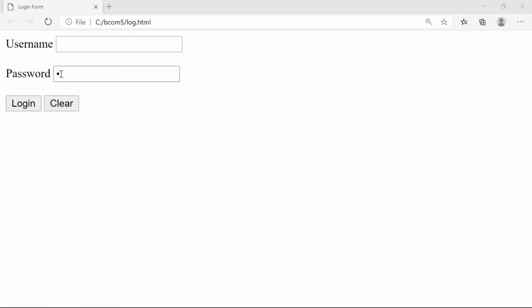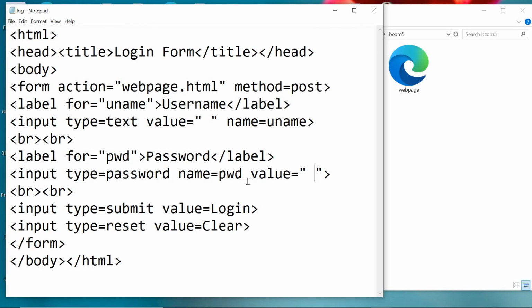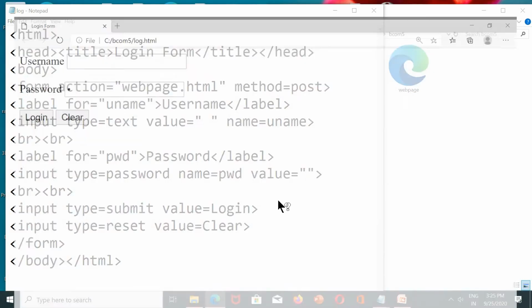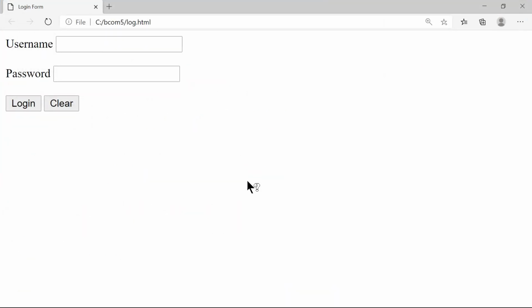Right? Okay, let's go back to the editor. Now for type password, we will remove this particular gap. Save this one. Go back to the browser, reload this one. We can see right now that particular letter is not available. We will see right now for the clear. In case of clear, what happens? I just enter here ABC, password 123. Once we click on clear, the entire content, whatever we have typed, will be removed.